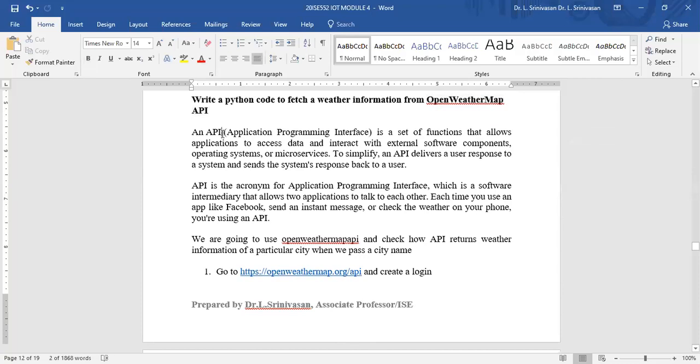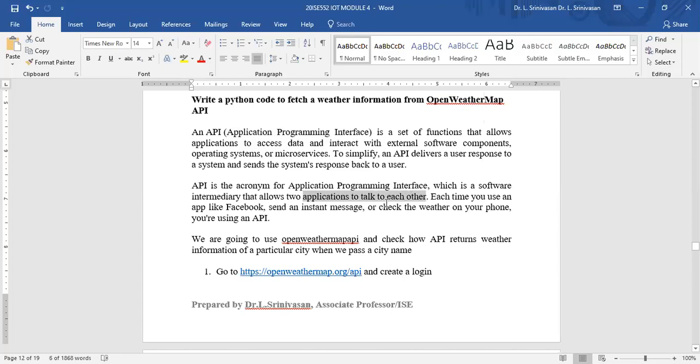So what is this API? API stands for Application Programming Interface. It is nothing but a set of functions that allows applications to access data and interact with external software components like your operating systems and your microservices. They also say that it is an intermediary that allows two applications to talk to each other.